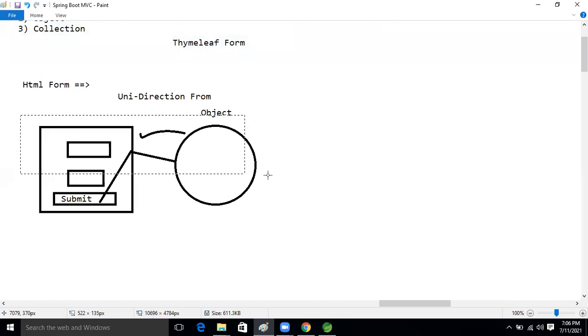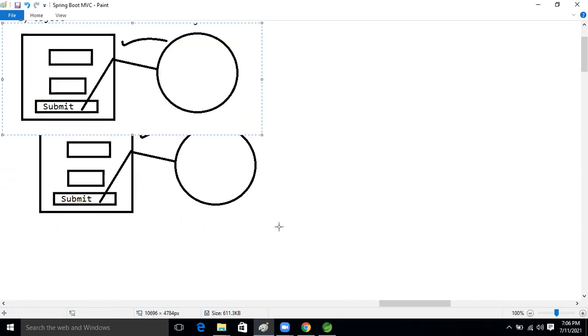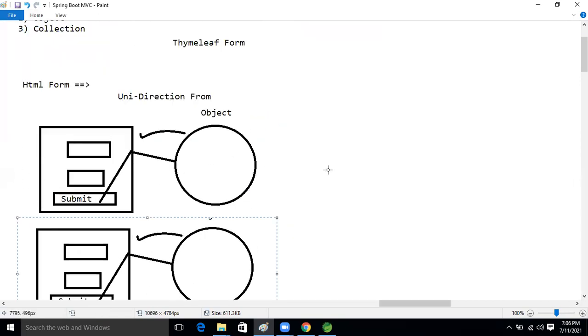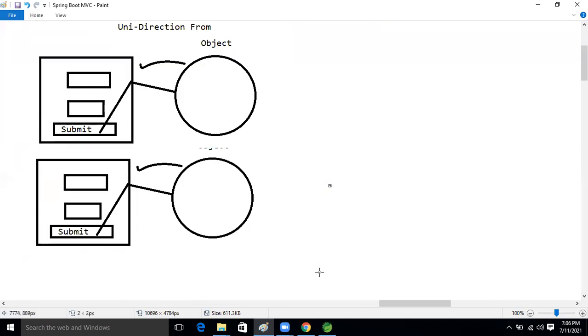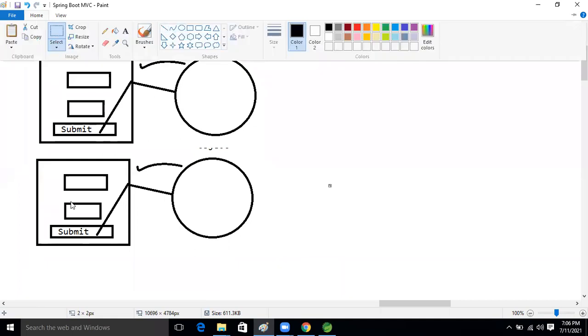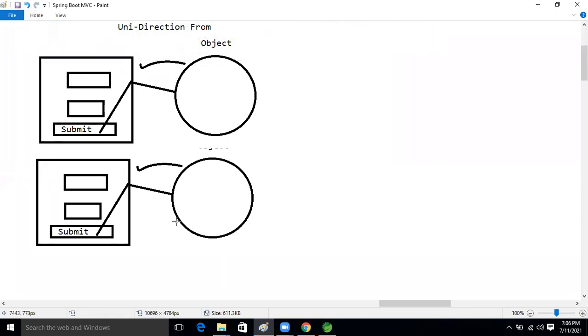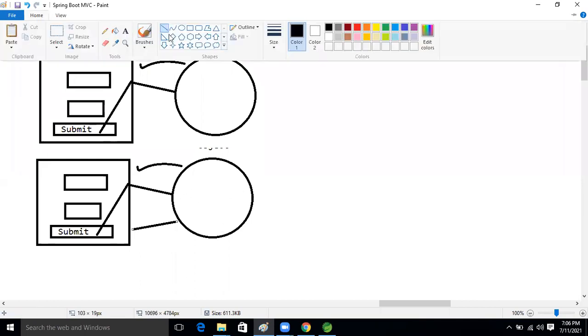Our need is, after clicking the submit button, this form data will convert into the object format, as well as whenever we need, this object should also convert into the form, a Thymeleaf form. This object also converting into the form format.